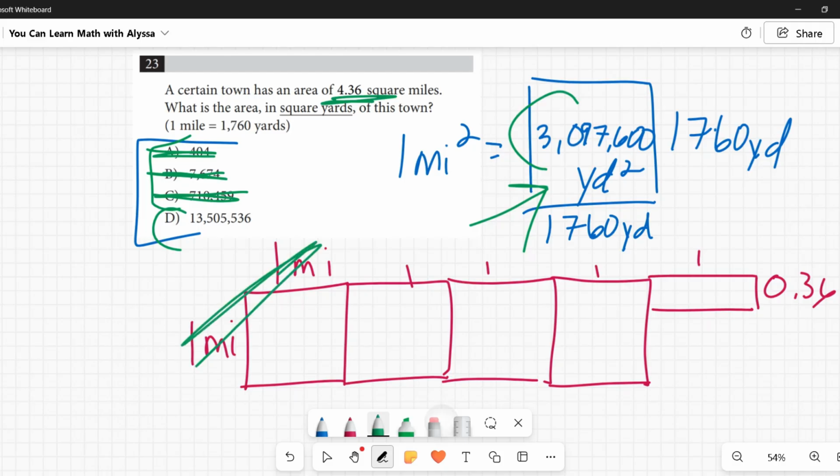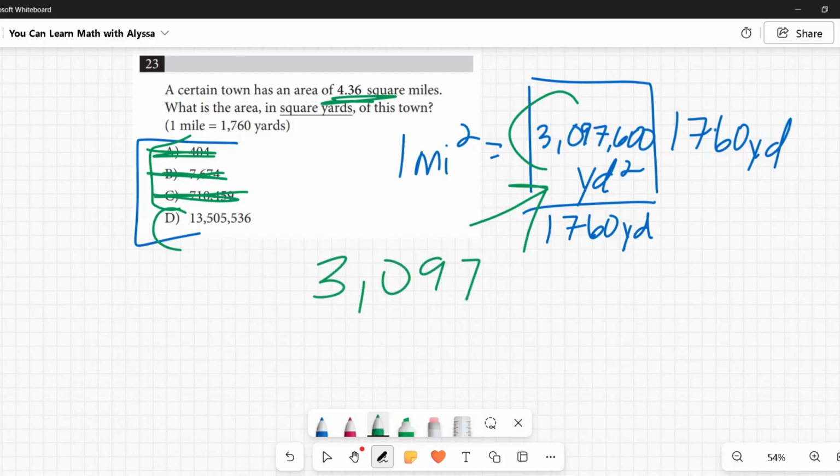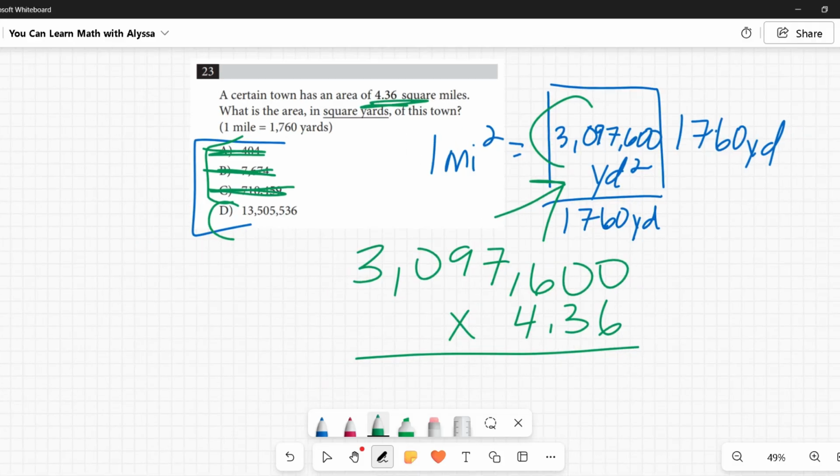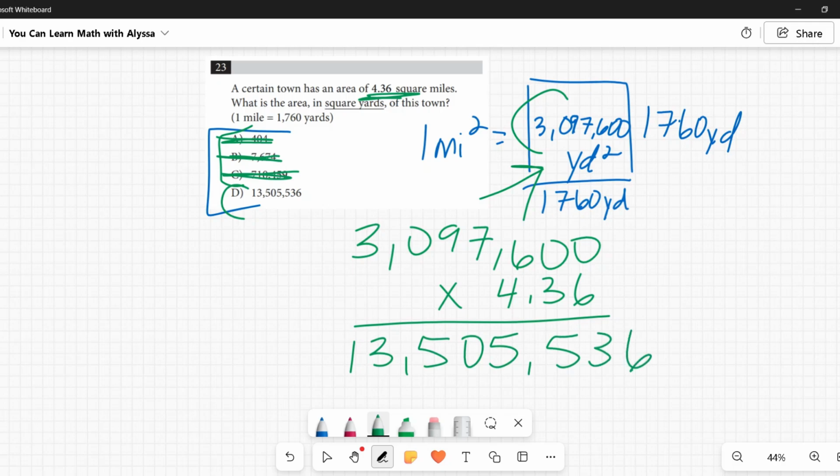So I'm going to erase this down here. So that's 3,097,600. I'm going to multiply that by 4.36 because it's 4.36 square miles. And again, I am not multiplying that longhand because I don't have to. When we multiply that, we do in fact get exactly 13,505,536. Always good to know the process, always good to know what you're supposed to do at each step,